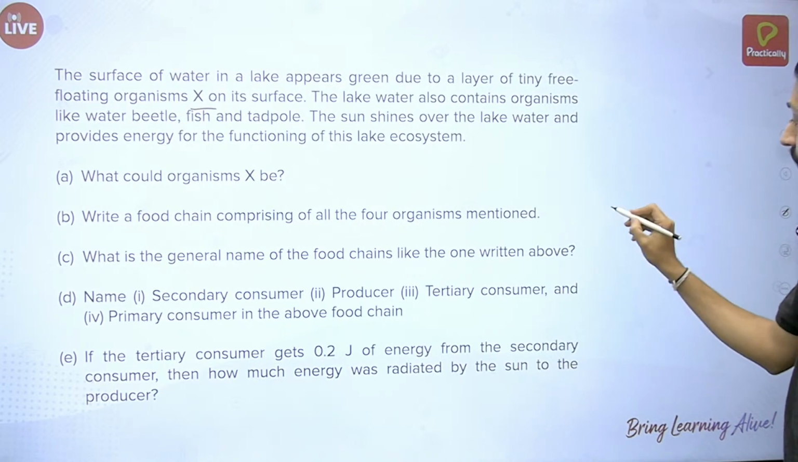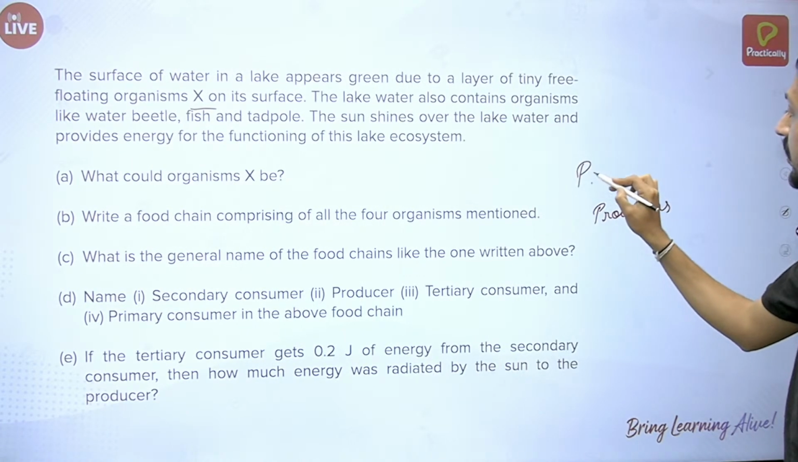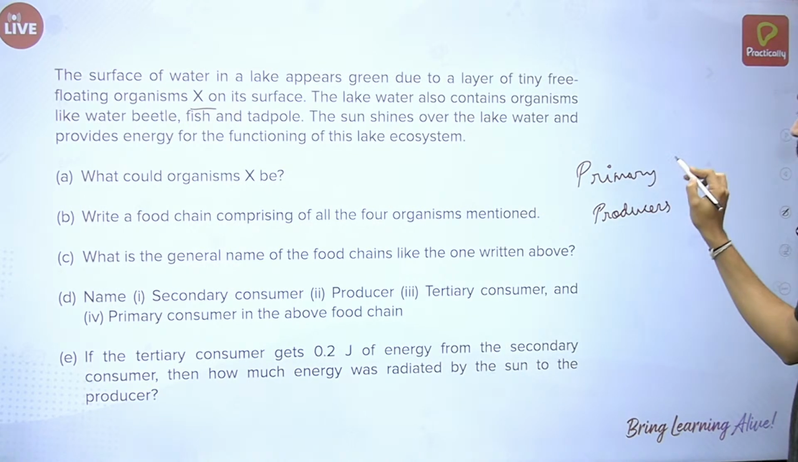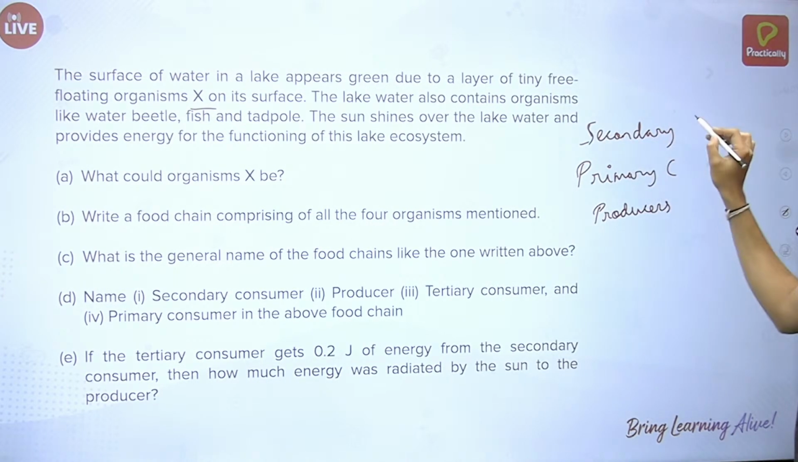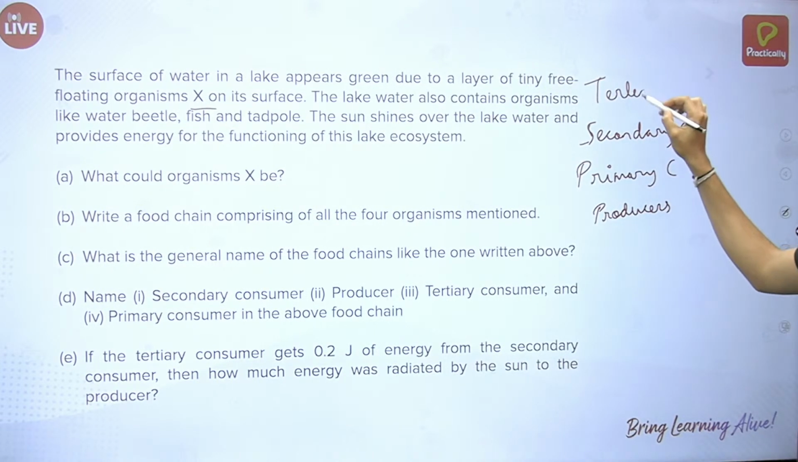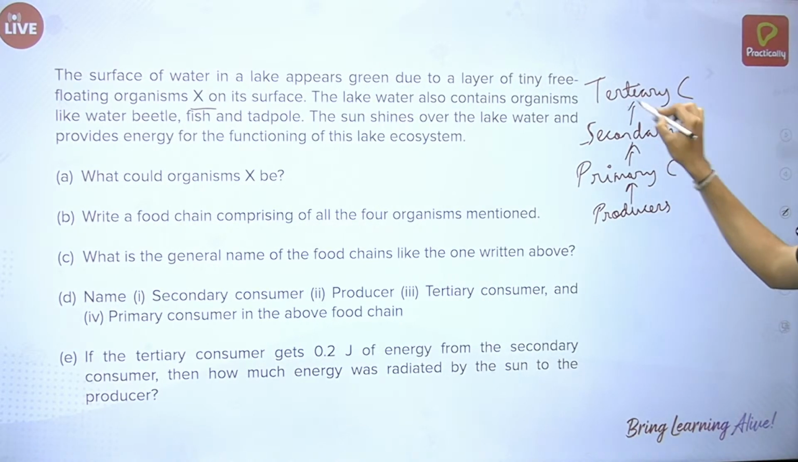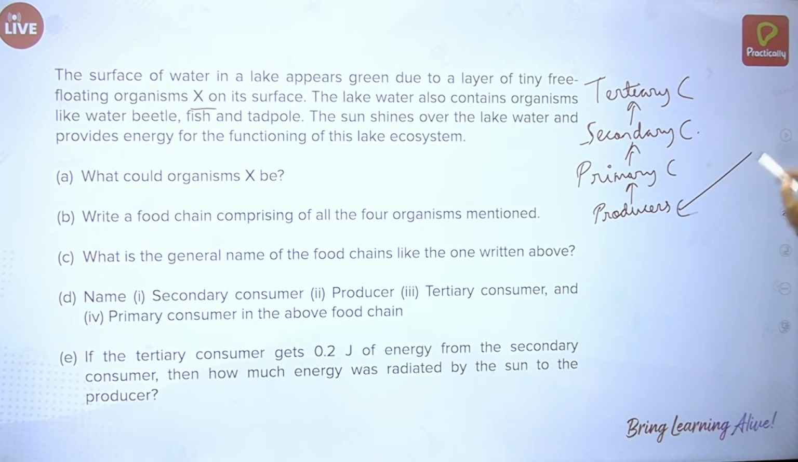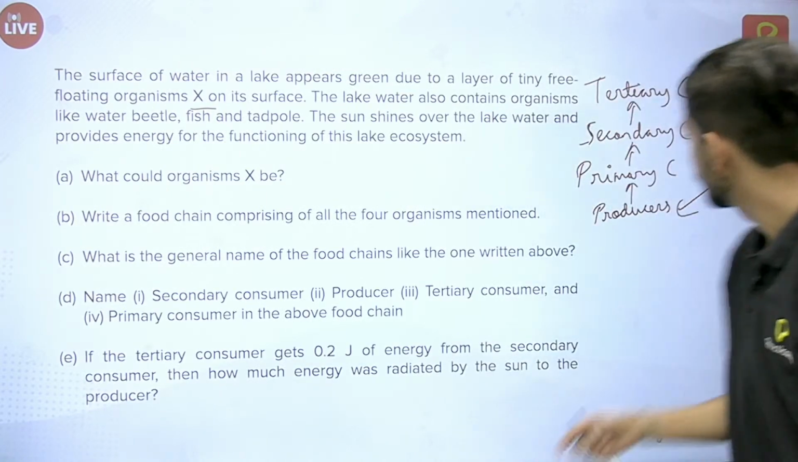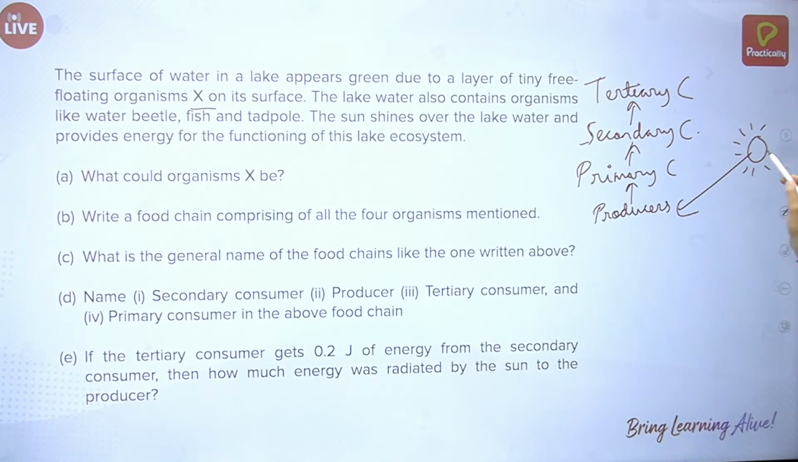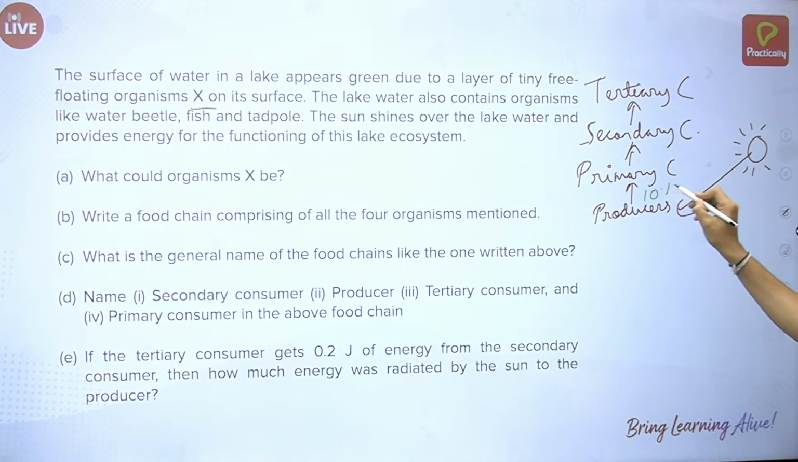So we have first the producers, right? Above producers we have primary consumers, then we have secondary consumers, and then tertiary consumers. This is the sequence, right? And primary producers receive energy from the sun. Okay. So now the catch over here is, at every level only 10% of the energy will